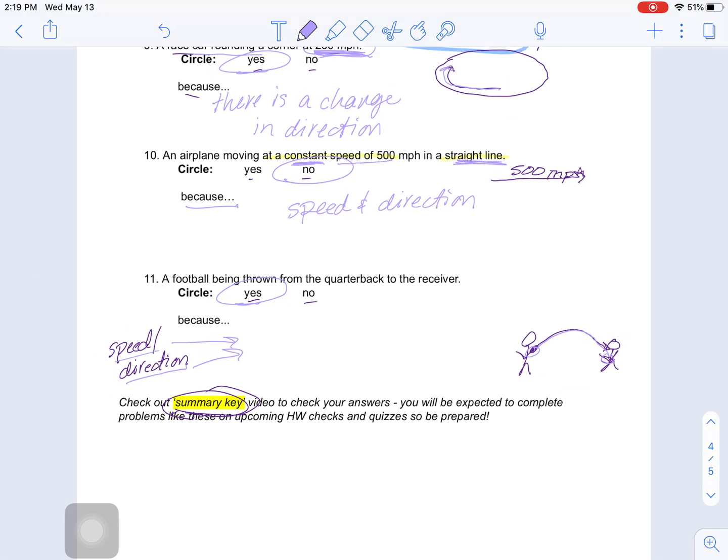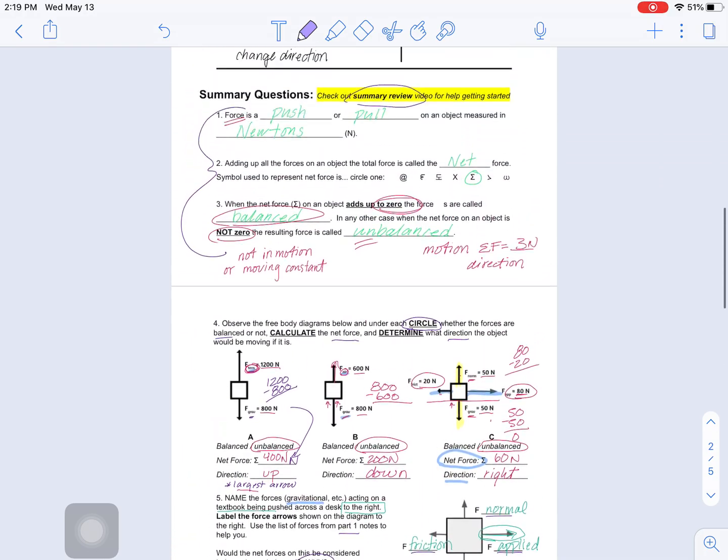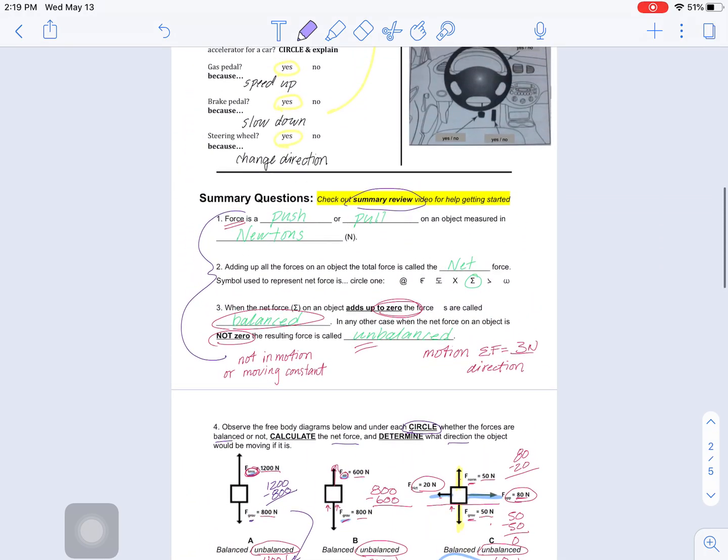Again, if you are feeling stuck on one of these, despite the detail that we went over with today, please take a screenshot, reach out to your teacher, and just let them know, hey, here's where I got to, or I didn't understand where this number that Ms. Chumley talked about came from. Let us know how we can help you so we can